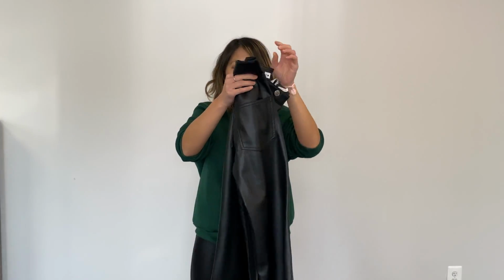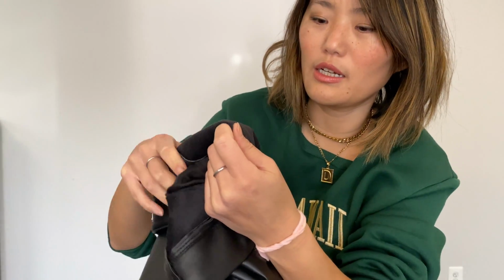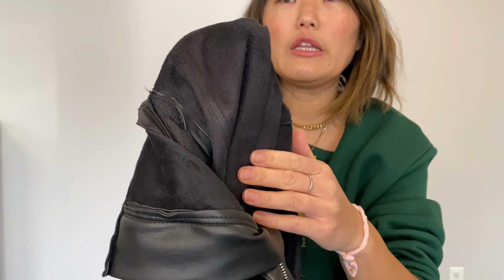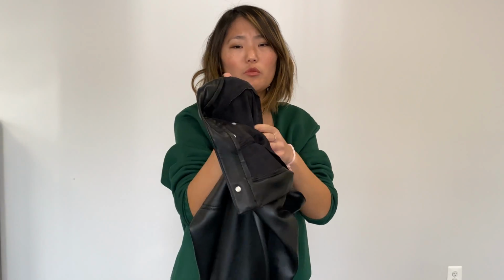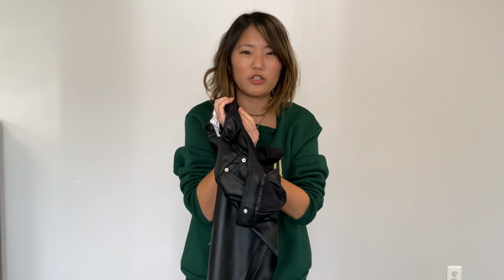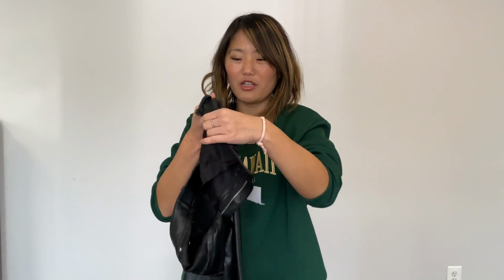They're from Zara, and just look at these. They are so perfect. On the inside, if you can see, it has a suede material as the lining. I think the Melina pants are a neoprene material maybe, but these will keep you pretty warm for the winter months, and they seem really comfortable just putting them on. They don't have that weird plasticky feel that cheaper faux leather pants have, because usually if they don't line it on the inside, you get this weird plasticky feel on the other side of